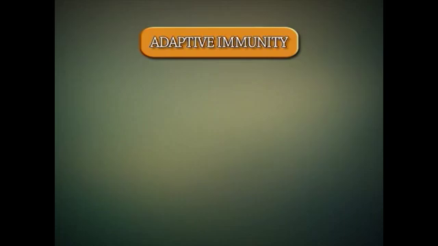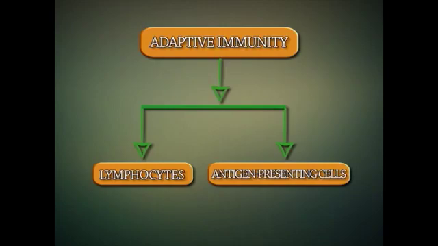Adaptive immunity involves two major groups of cells, lymphocytes and antigen-presenting cells. Lymphocytes originate in the bone marrow, circulate in the blood and lymphatic system, and reside in various lymphoid organs. Because they produce and display antigen-binding cell surface receptors, lymphocytes mediate the defining immunologic attributes of specificity, diversity, memory, and